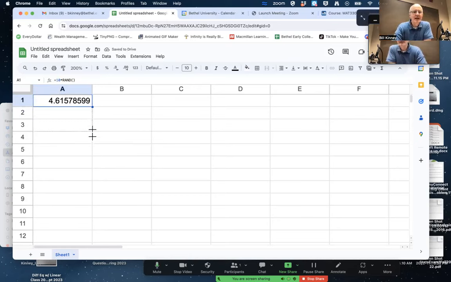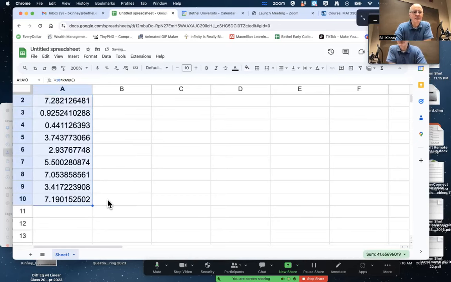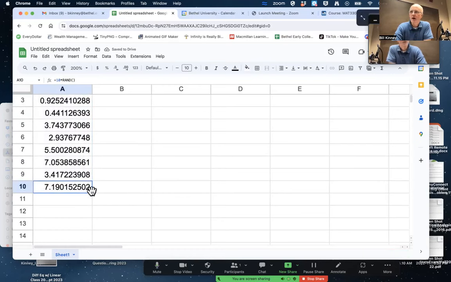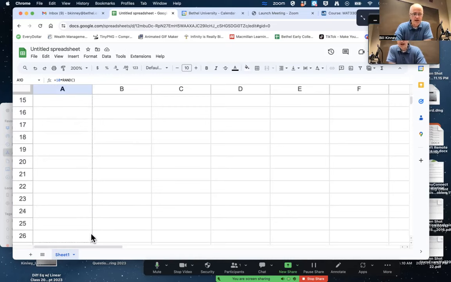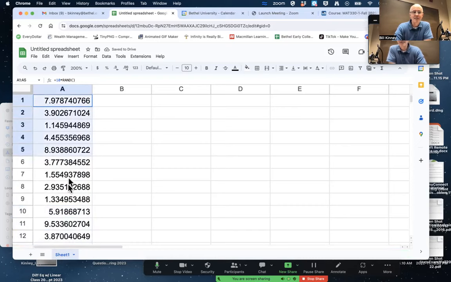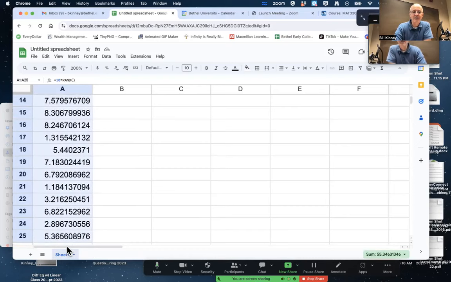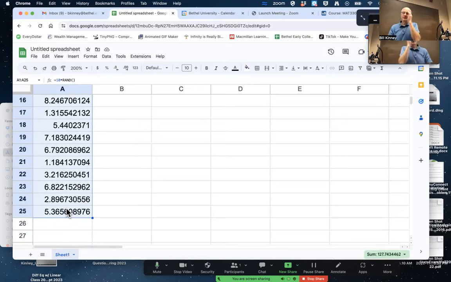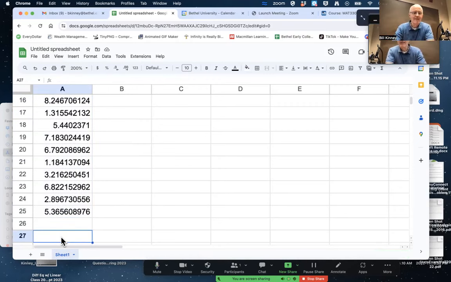So let's simulate over and over again. How big should my sample size be? Probably bigger than 10. I don't feel like copying and pasting too far. Let's stop at n equals 25, say. So there's a random sample of size 25 from a uniform distribution on the interval from 0 to 10. What's the mean of those numbers? This is like observed values of x1 through x25. You label these little x1 through little x25.